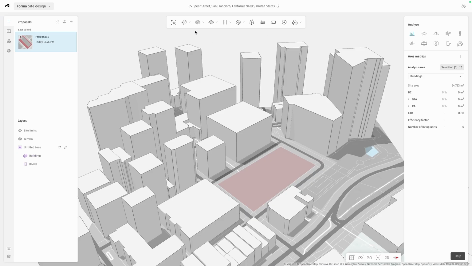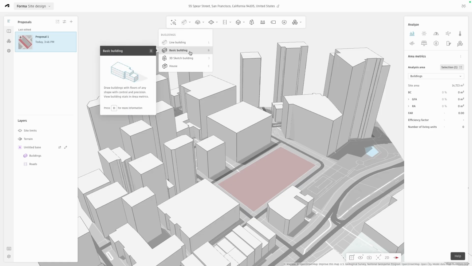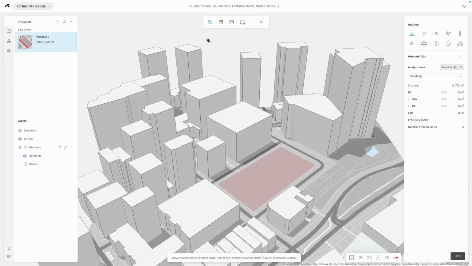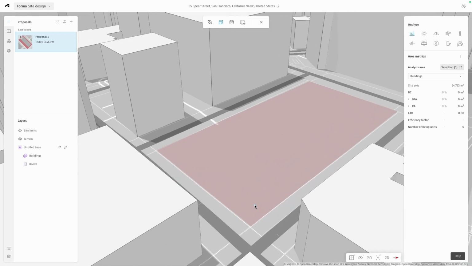You'll find the design toolbar at the top of your screen where the tools are grouped into categories. Go to the Buildings category and select Basic Building to start. You will enter the sub-mode where you have 4 drawing options. Select Cube. Start drawing by clicking your first point within your site limit, and you'll see the line extend as you move